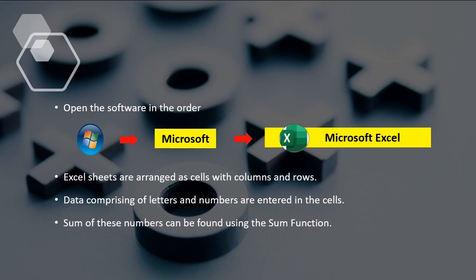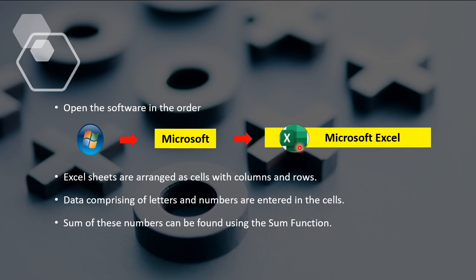So, the first thing is we want to open the software, right? Yes. So we can open the software. Click Start, then Microsoft. From the drop down, select Microsoft Excel. And here one important thing to note is that the icon for Microsoft Excel is this one. Okay, the icon for Microsoft Excel is this one, and we should be very familiar with the icons of each